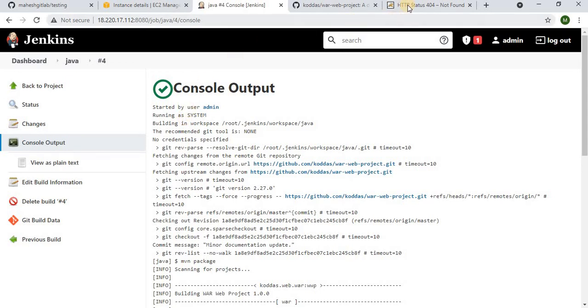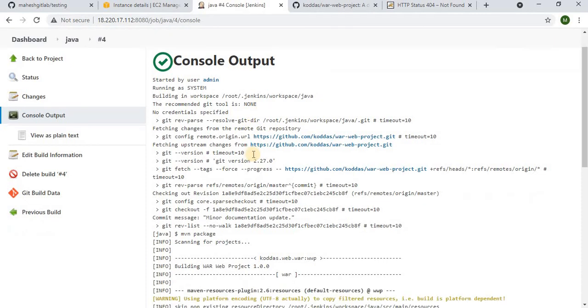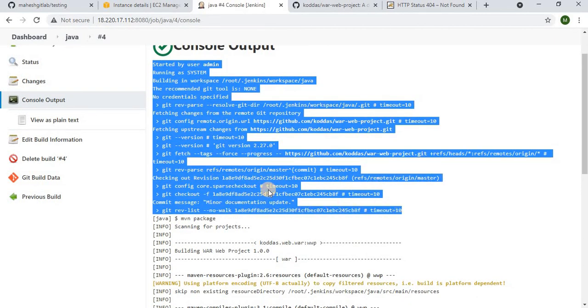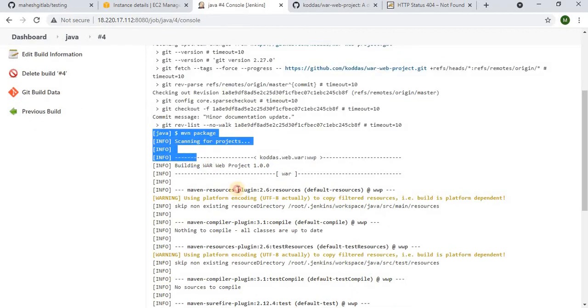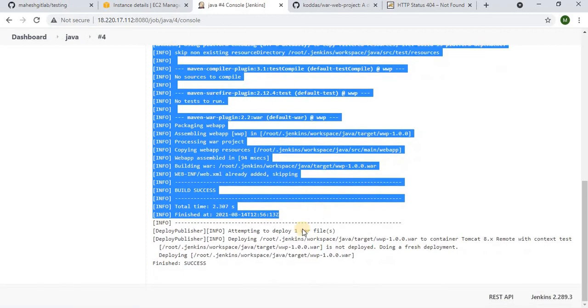Okay, we have seen that when we give this, we got the error. Now let's see whether we get a proper one or not. See, from this point to this point it is completely Git stuff. So here Maven has started to build, and it has finished by this point of time. See, now the deployment has started here,